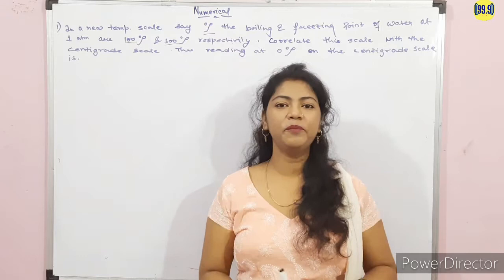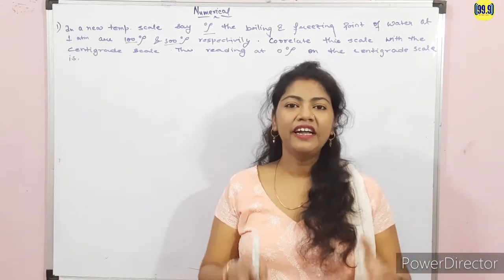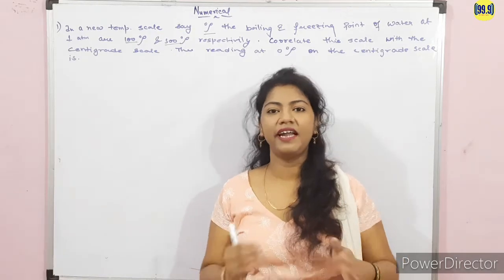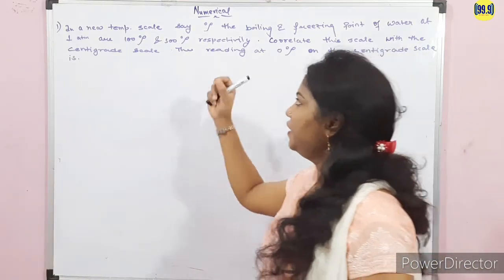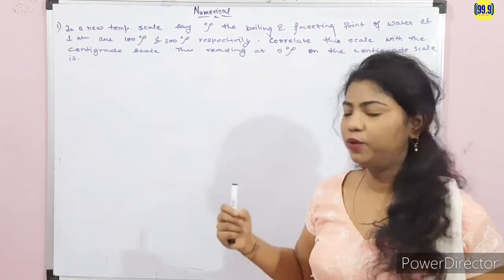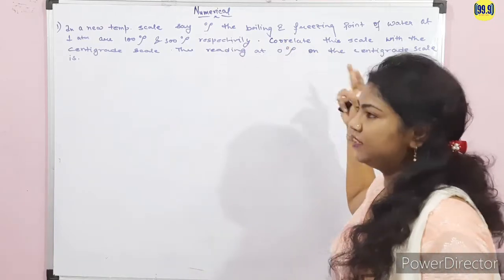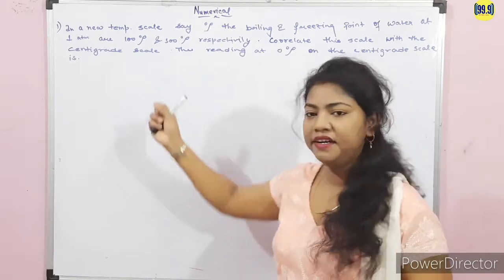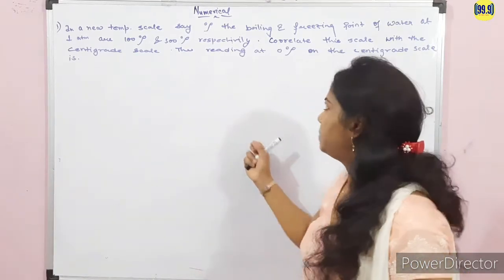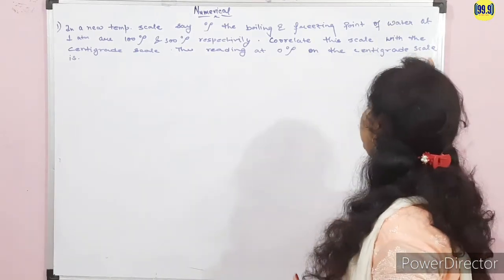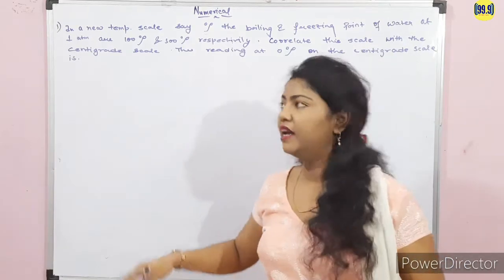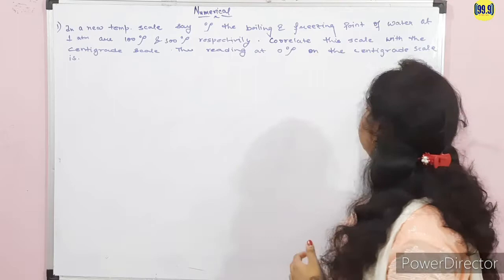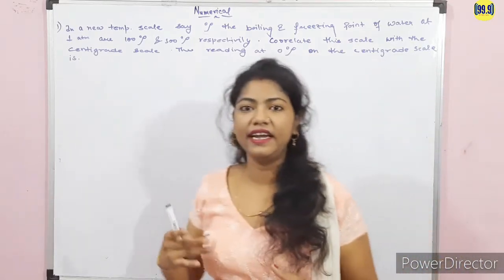You are watching 99.9 Engineering Station, and today's numerical of the day is from the subject thermodynamics. The question is: in a new temperature scale, say degree rho, the boiling and the freezing point of the water at 1 atm are 100 rho and 300 rho respectively. Correlate this scale with a centigrade scale, and the reading at 0 degrees rho on the centigrade scale is,